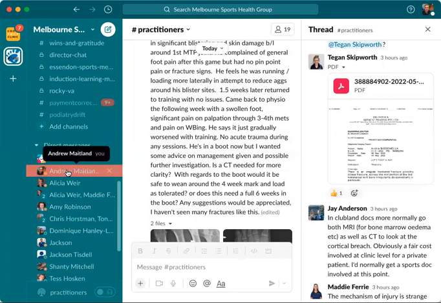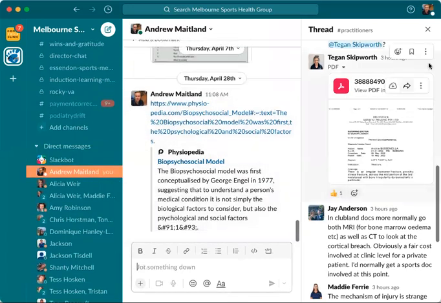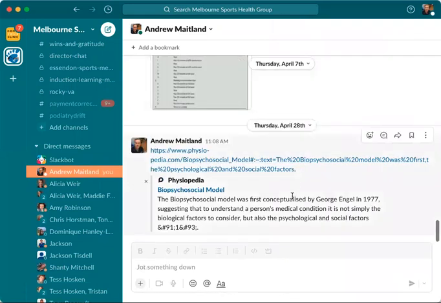But I thought I'd go through just some of the important things to remember when we're going through Slack in terms of the courtesy, but also how to get the best and the most out of Slack. It's a really, really easy and accessible tool that can make your life a lot easier as a practitioner within our clinic. So I thought I'd start with the common courtesy things that we ask and request from you when we do put out information.